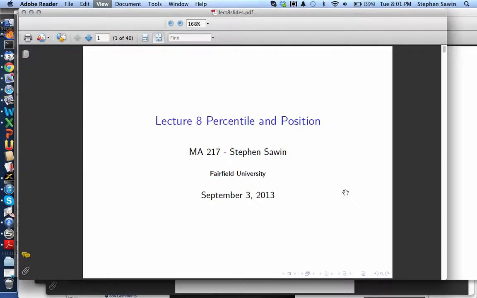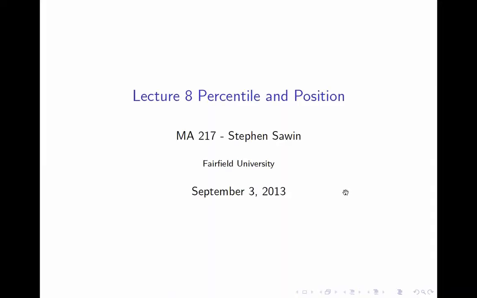This is Lecture 8 on percentiles and position. This is a little bit of a mashup lecture. We've been talking about various parameters for a numerical variable, such as mean, median, and standard deviation. We will learn a few new parameters here, roughly where mean and standard deviation give you a pretty good description of a symmetric numerical variable. We're going to learn some analogous things for a very skewed distribution,